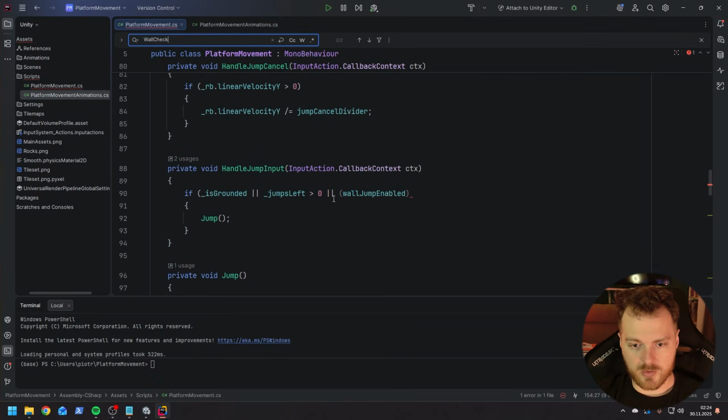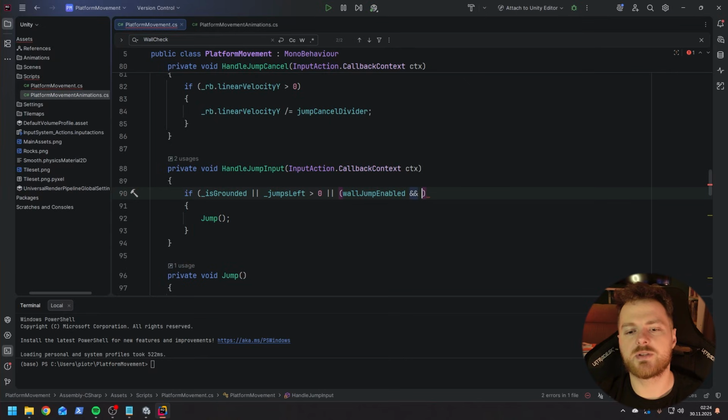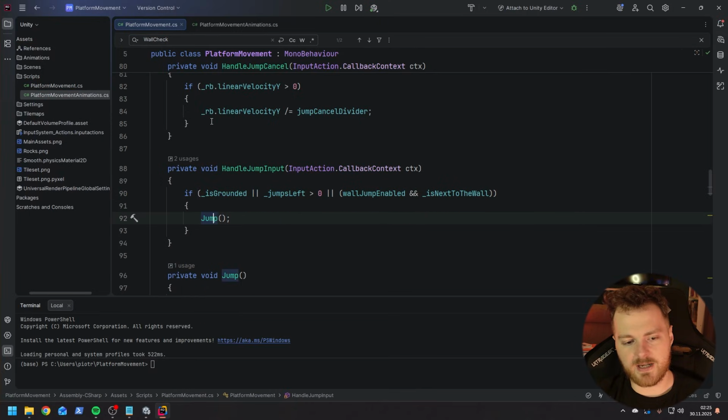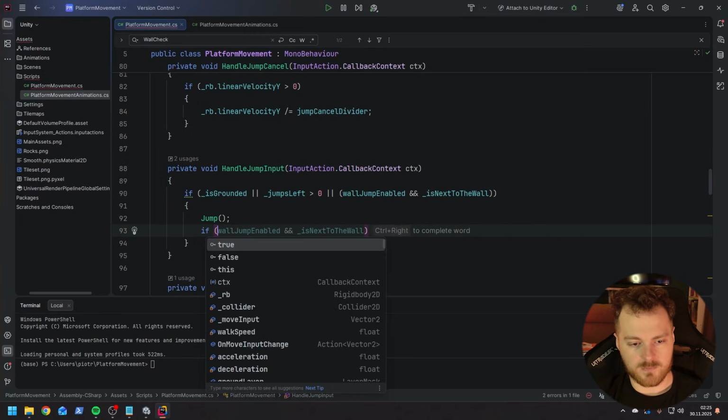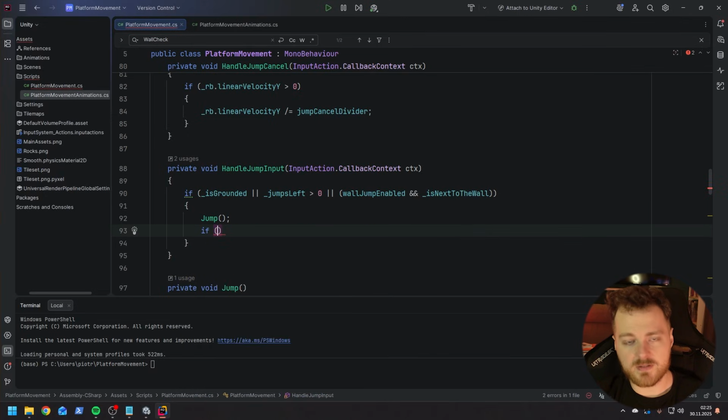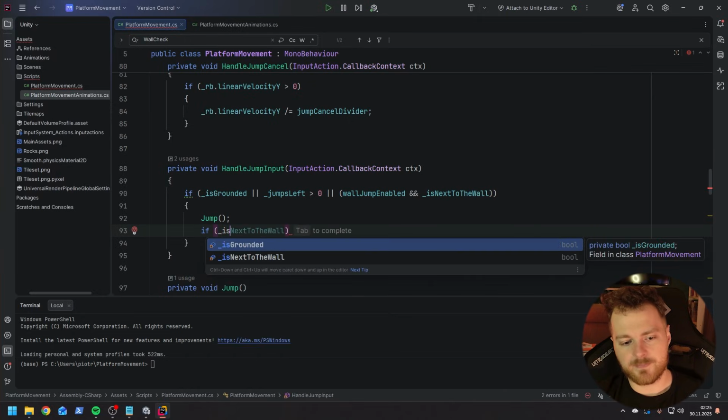Now we go back to our code in jumping. So if the wall jump is enabled and we are next to the wall, and of course this is very important. Now it's all good. And now the tricky part. We jump normally up, but then we want to apply also the horizontal force. So now, if we are not grounded, this is very important, because if we don't do that, we'll apply the horizontal force even when we are standing on the ground. So if we are not grounded,